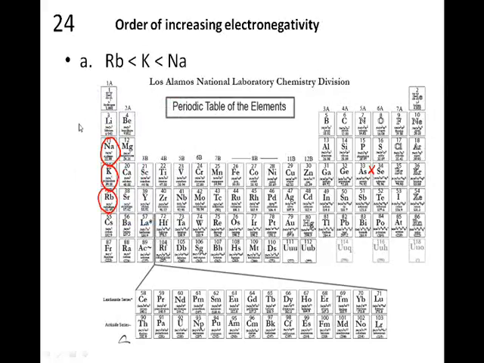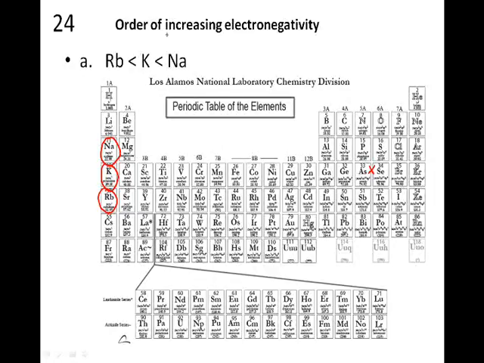Continuing on with the Chapter 8 assignment. Here we are. Let's get a timer going and a few things. There we go. Okay, continuing on with the Chapter 8 assignment with problem number 24. This is about electronegativity, and you probably don't even need a periodic table to do this because you're supposed to